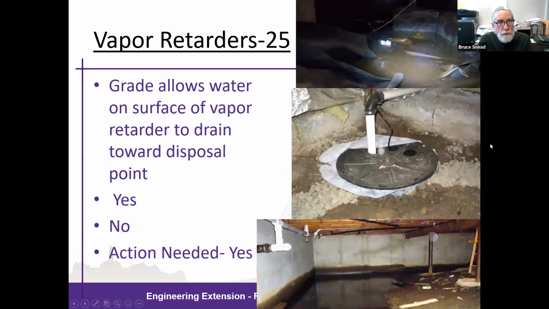Another issue that can present itself in crawl spaces is whether or not water, and collection of water from a variety of sources, can gather on the surface of the membrane. And do you need to have provision to deal with that? So you see photos above and below here of water collecting in the crawl space on top of a membrane. And so it may be necessary to add a sump or some other means of drainage or water control in a crawl space membrane system.